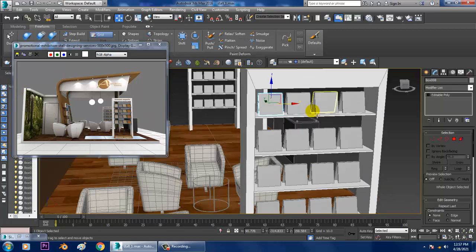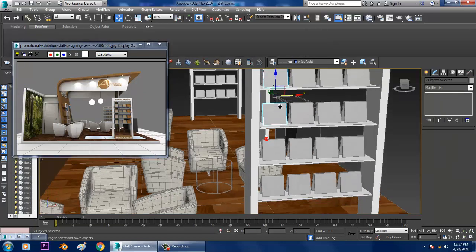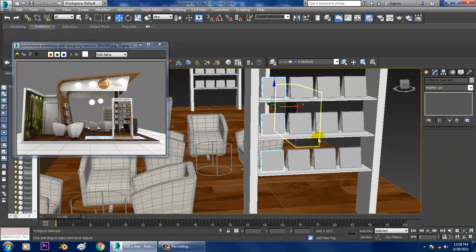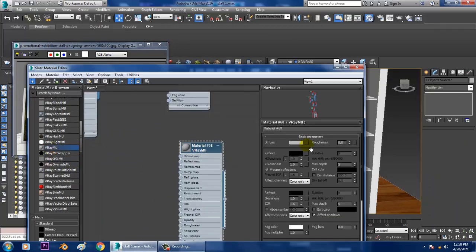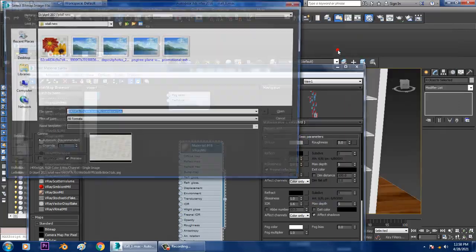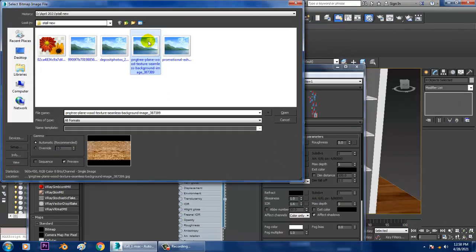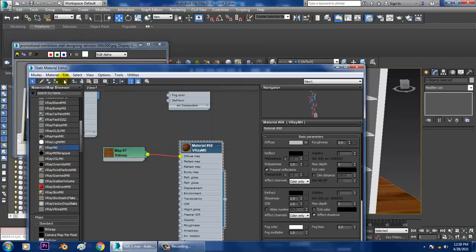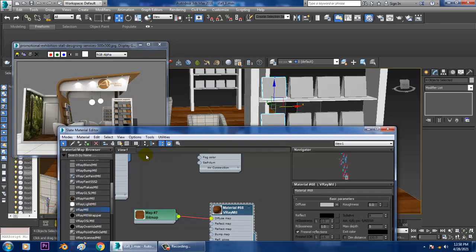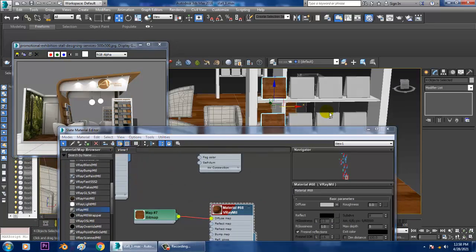So I'll be just assigning some basic textures for this over here. So again take a V-Ray material over here, go into this, take a bitmap, so just assign this texture over here.